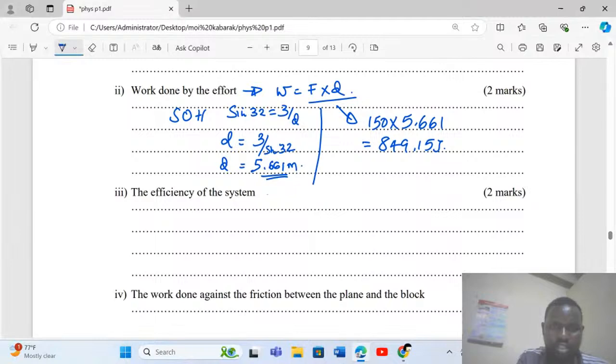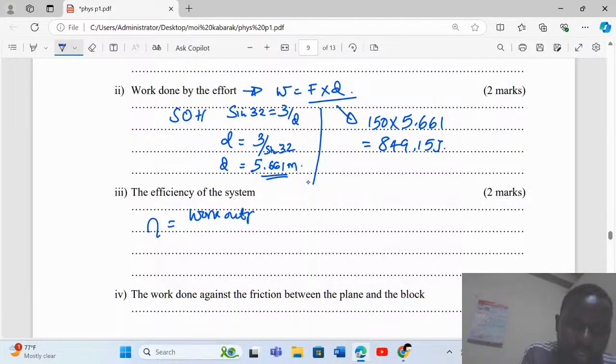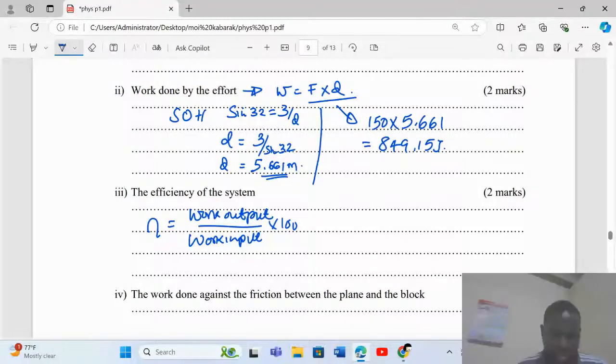Then the efficiency of the system. Efficiency is given by the work output over the work input times 100. But because of the spacing, we're going to use only 1. Therefore,